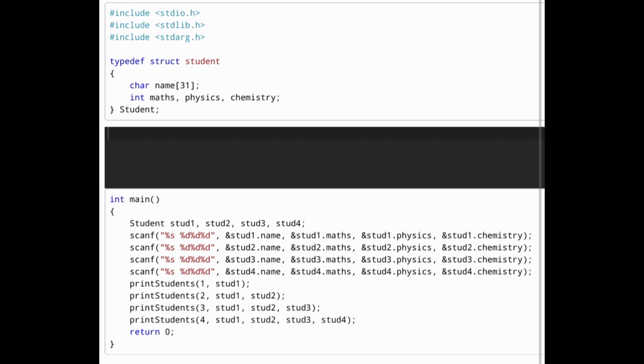And after accepting the input we are calling a function named printStudents 4 times. While calling it for the first time in the arguments we are giving integer 1 and 1 student and then while calling it for the second time we are giving the integer 2 and we are giving 2 students, so student1 and student2. Similarly while calling it for the third time we are giving 3 and we are giving the first 3 students. Similarly the fourth time we are giving the integer 4 and